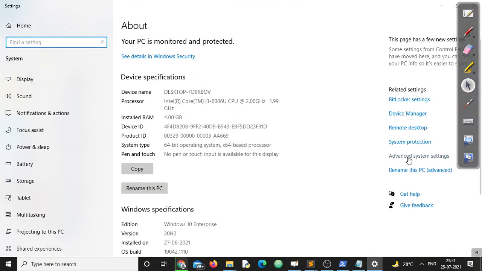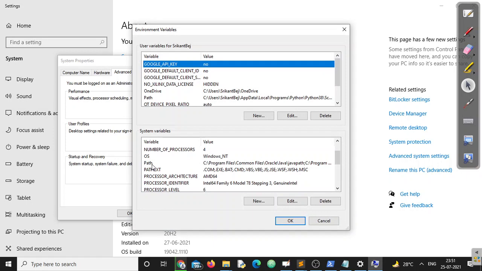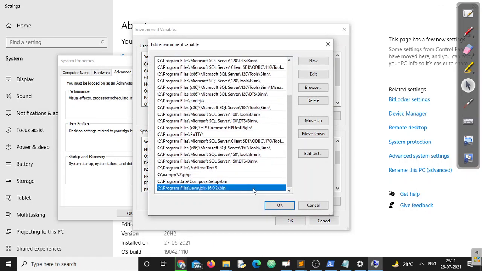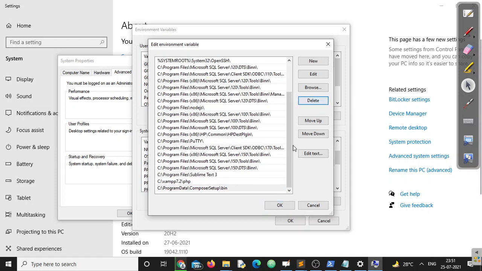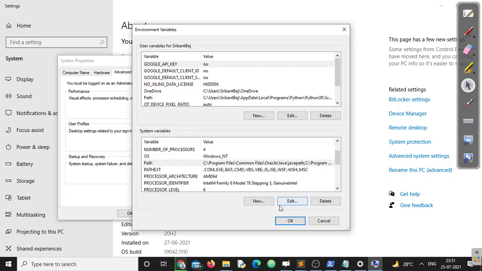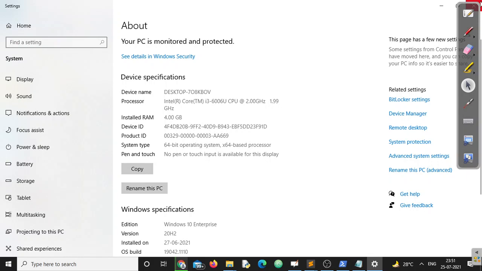Remember this part, advanced system settings, right? Click on advanced system settings, then click on environment variables. Please select environment variables. I'll go for environment variables. I go for Path. Right. Next, since it is there, let me delete this one. So I'll go for new, paste it directly. I have copied that one. I have just pasted it. Okay. Now my Java is set.